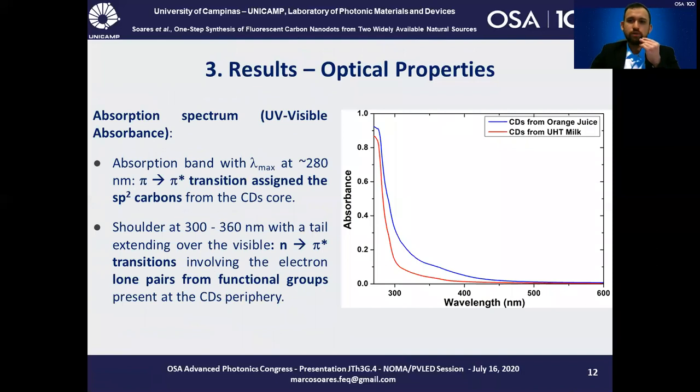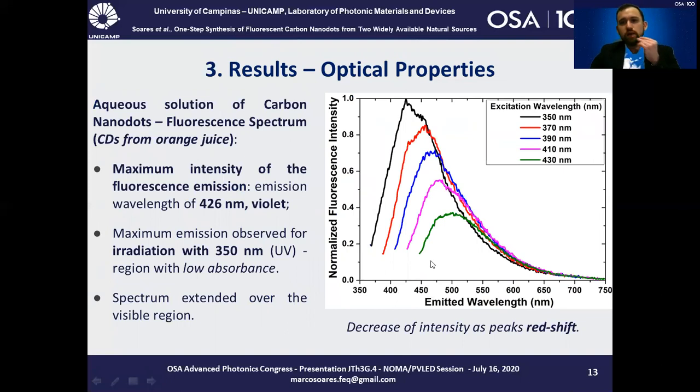We characterized the absorption spectrum and detected the maximum absorption at about 208 nanometers, that is the π-π* transition of the sp2 carbons of the core, and there's this shoulder at about 300 to 360 nanometers that concerns the n-π* transitions involving the electron pairs of the functional groups. You may observe that from about 350, 360 to 400, there's a great decrease in the absorbance. So the emitted light is weakly absorbed here. We characterized the particles